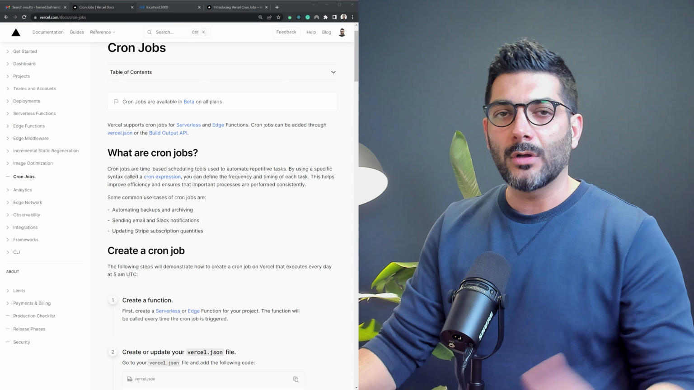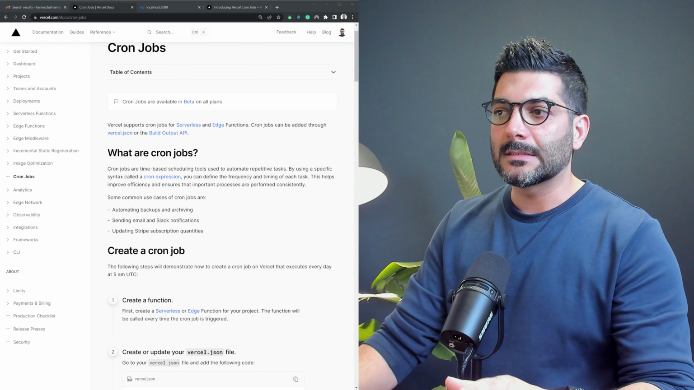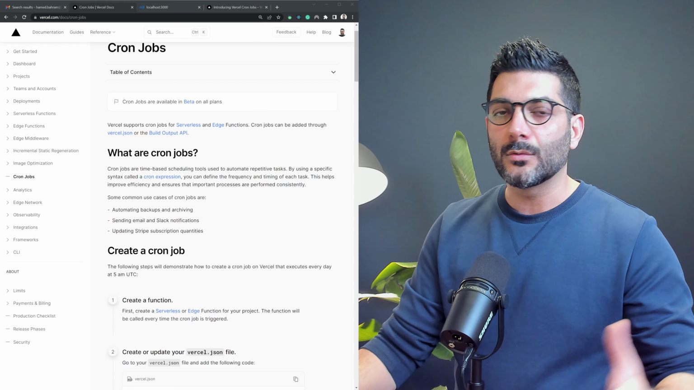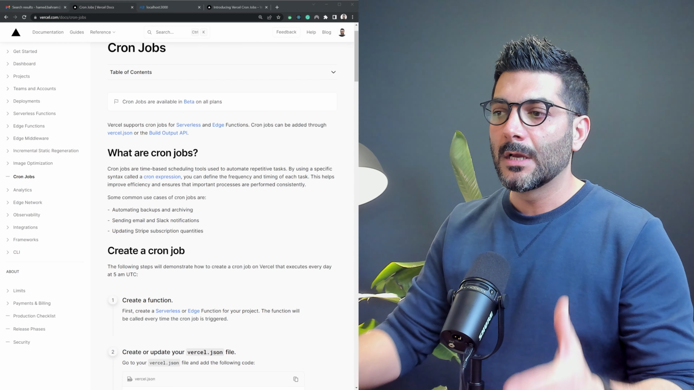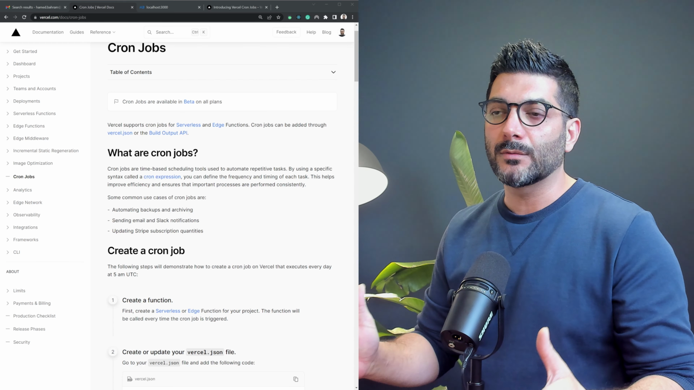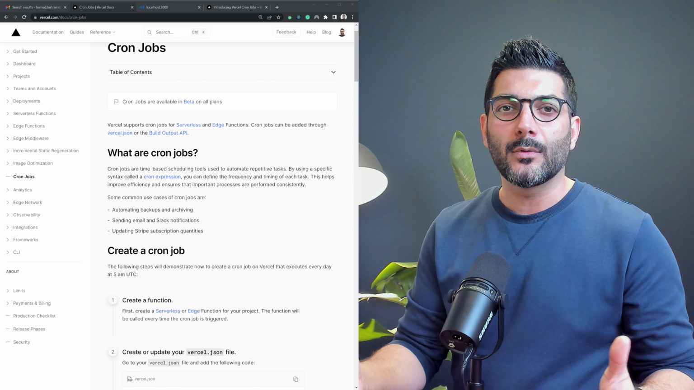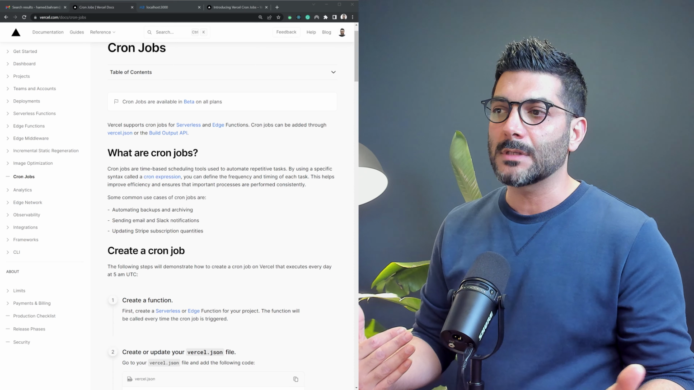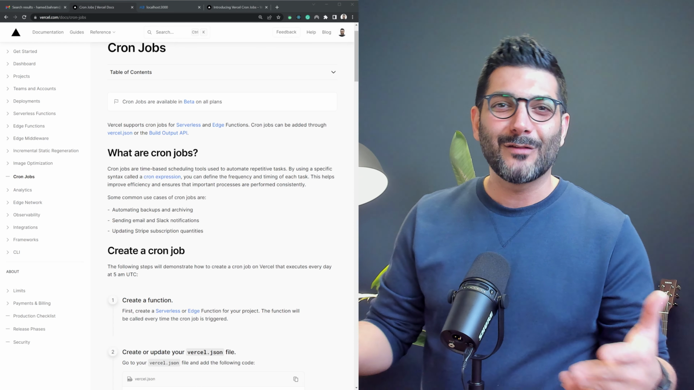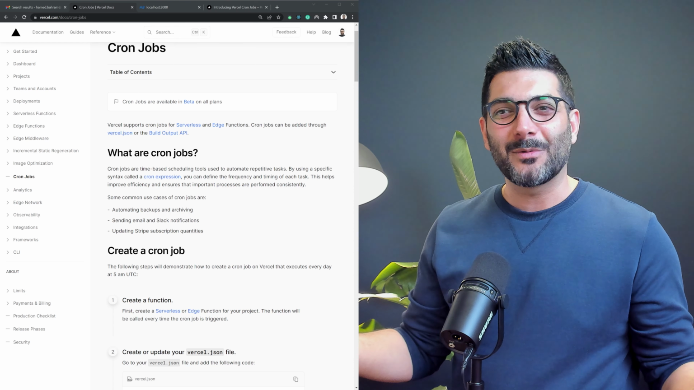But basically all you need to do is written down in this documentation, and we're going to follow this step by step. And once we understand how to do this, we're going to jump into the code and actually write an example on my own portfolio site to send me an email every day with the subscriber counts on